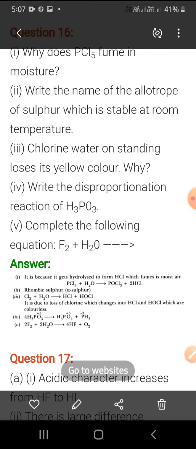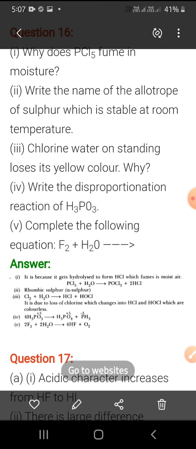Today we are going to discuss some of the important questions of P block element. This is going to be the last section of this chapter and tomorrow you have one test on this chapter. So I hope you all have watched my previous video and based on those videos tomorrow's test will be conducted. So here are some questions.